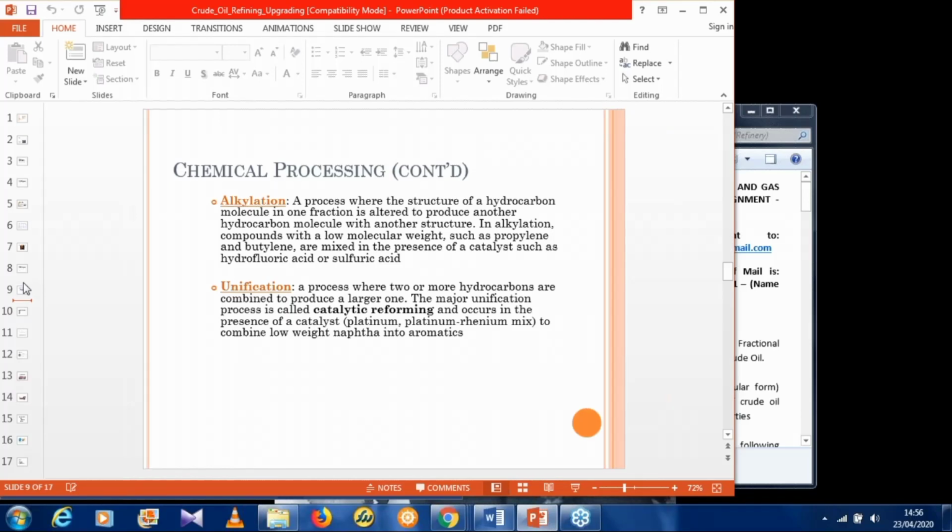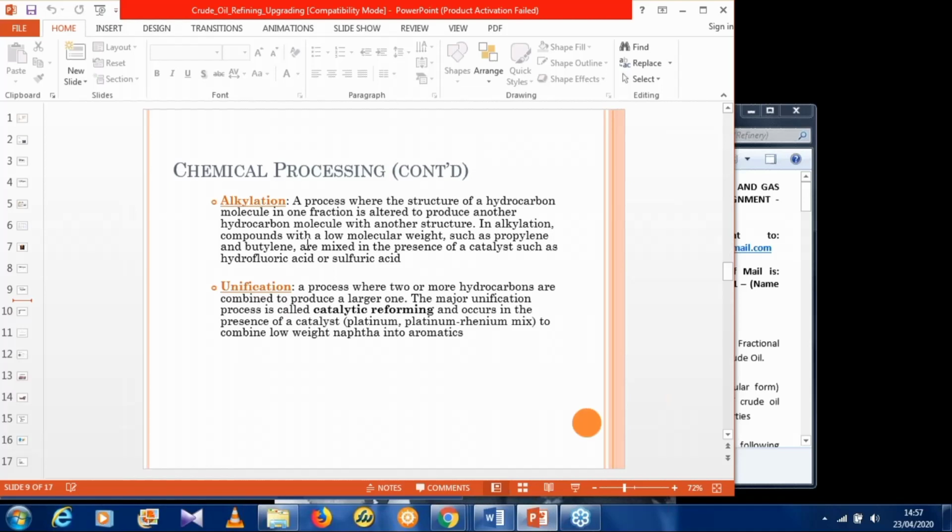While catalytic cracking is when you make use of a catalyst in breaking down these components. Okay. Now another process is called alkylation. That's the process where the structure of the hydrocarbon molecules in one fraction is altered to produce another hydrocarbon molecule with another structure. Now, during alkylation, compounds with low molecular weight are usually mixed with in the presence of a